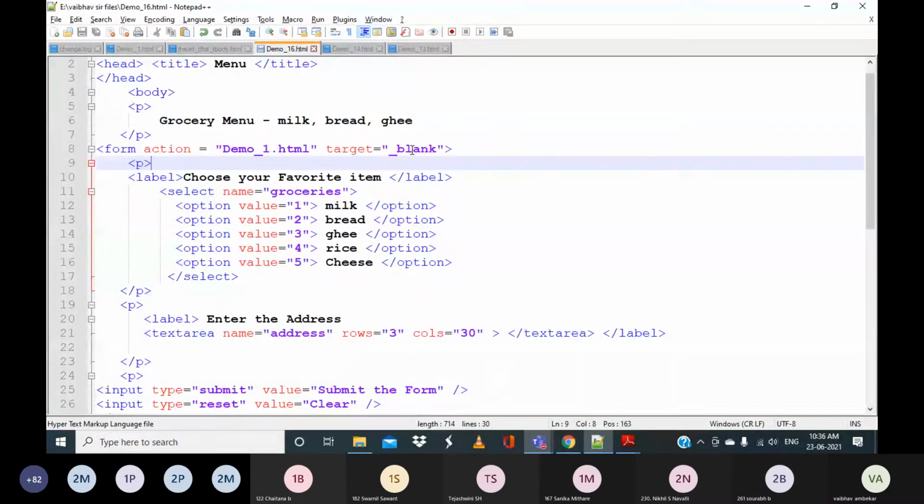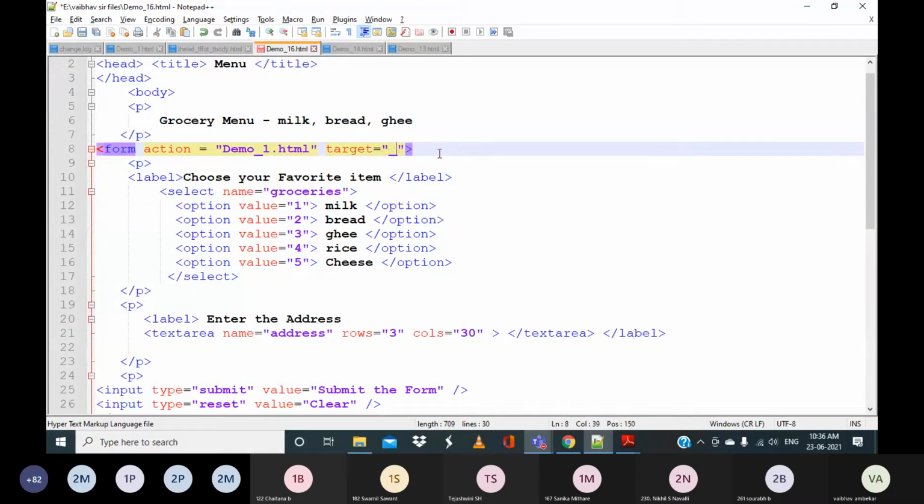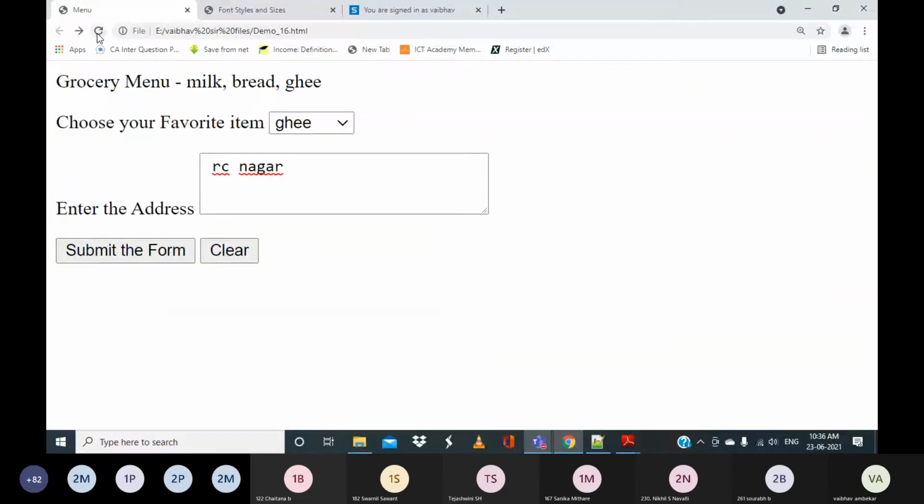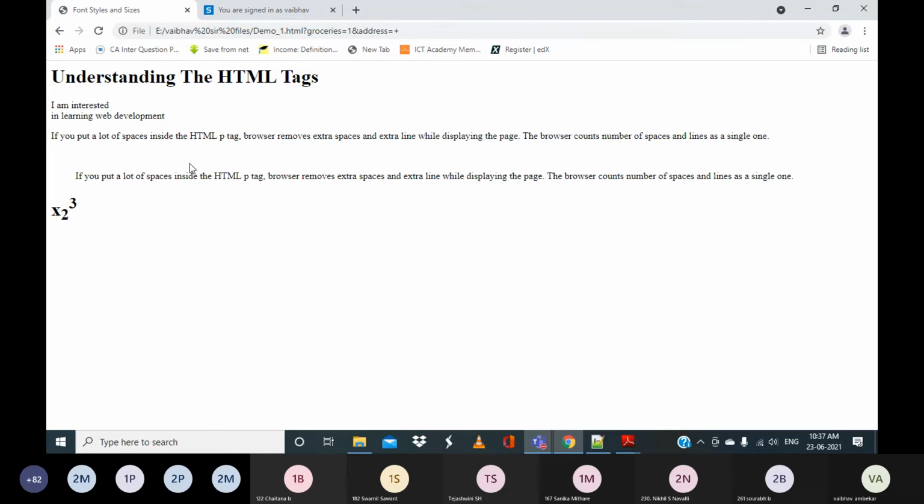There can be some other values for target, but as of now you can remember blank, and one more we can give is self as well. So we will remove this and click on submit form. What happened?